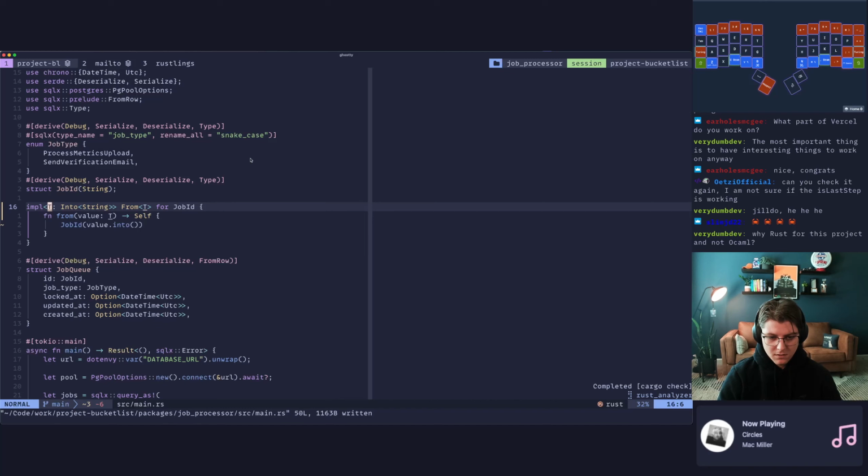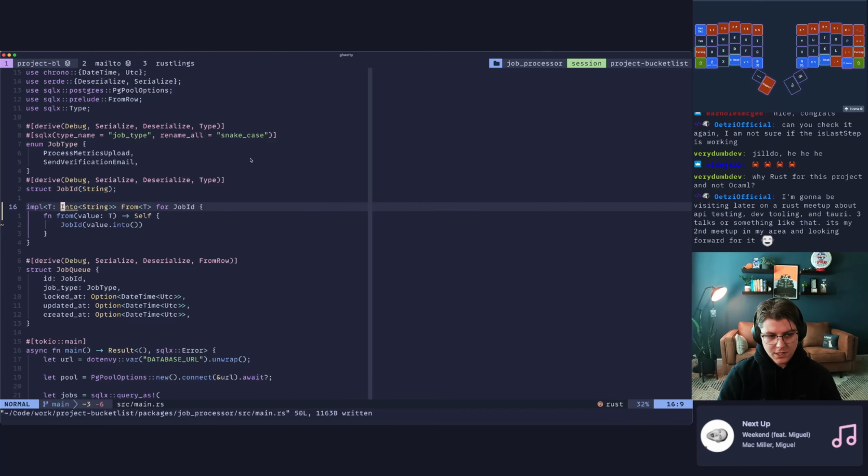as an improvement, which is pretty slick, right? So what this is saying is that we have some generic T. We're implementing the from trait for job ID, and it's generic over some type T that has a trait bound. So that generic T must implement into string. So whatever T is has to be able to be transformed into a string.